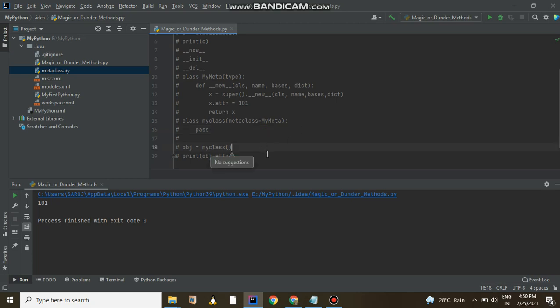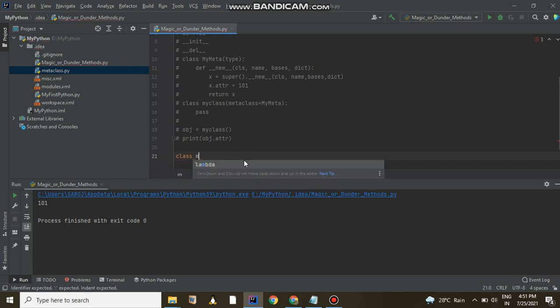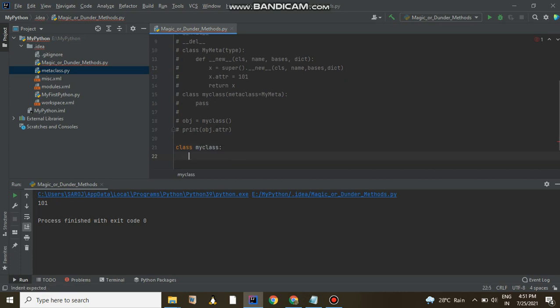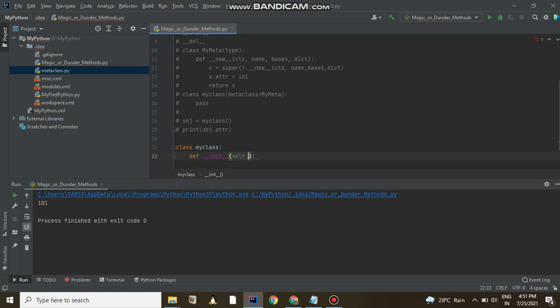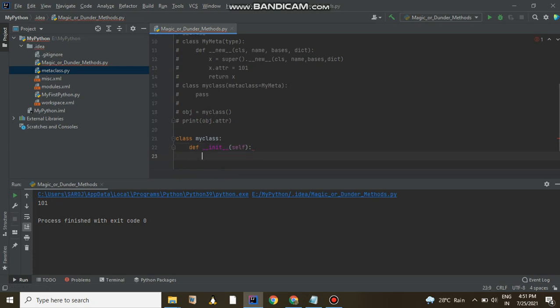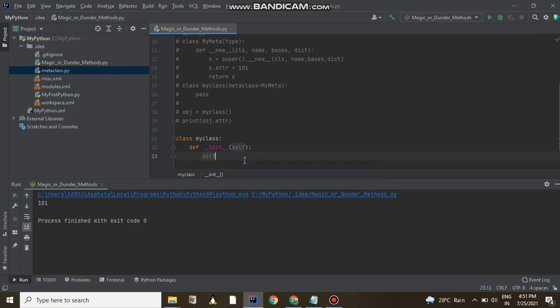Let me create a class, again MyClass, and here I am defining an init method with self. While initializing, it requires some kind of value. Let me do it in a simple way: I am creating an instance variable self.x and assigning it 5.